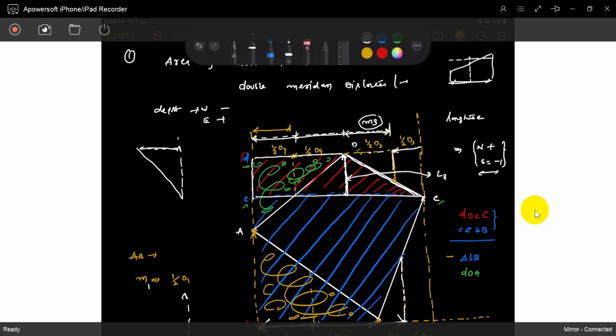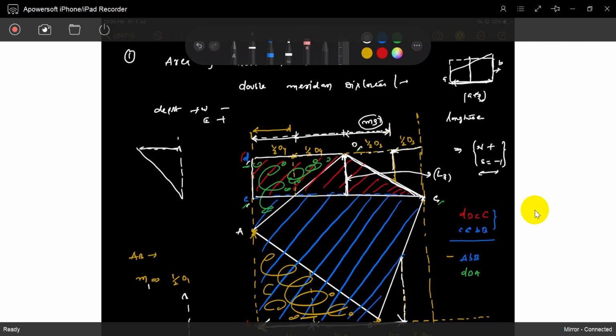We will write this area, and then exactly this center. This is B, this is A. What is the center? A plus B by 2. We will write A plus B by 2 as the center and multiply with the base. That is the total area. The same thing: M3 is exactly giving the center point. So for this CD, this is the center.